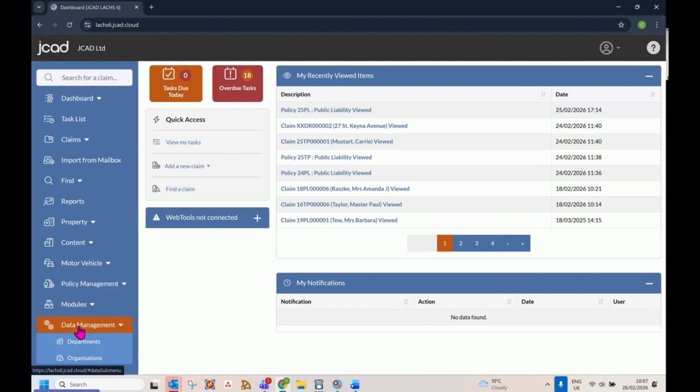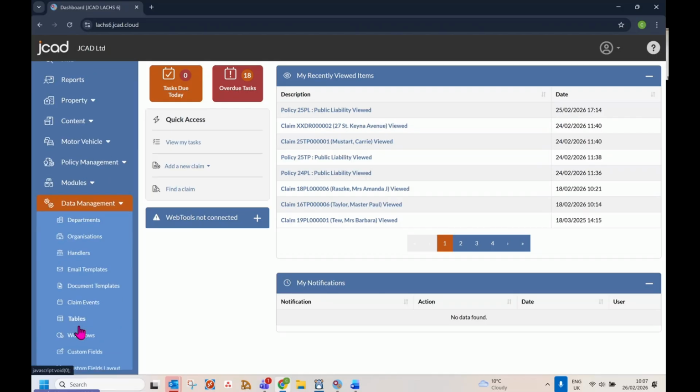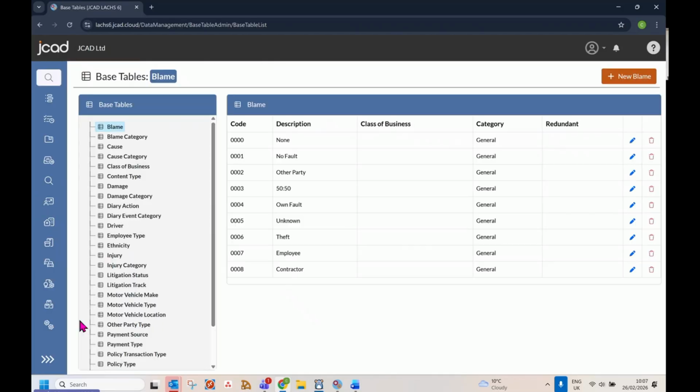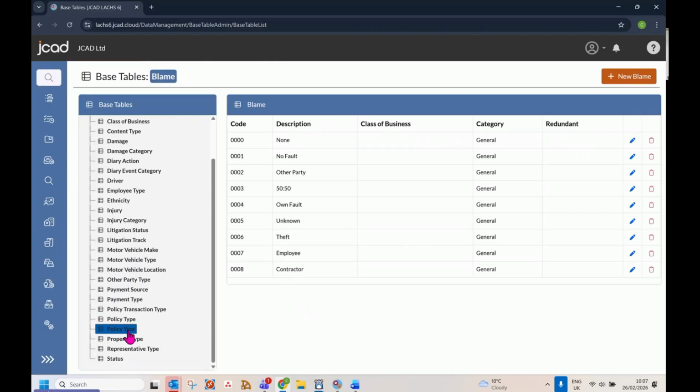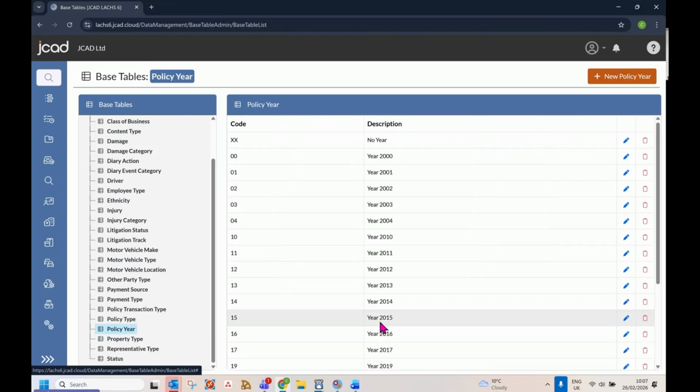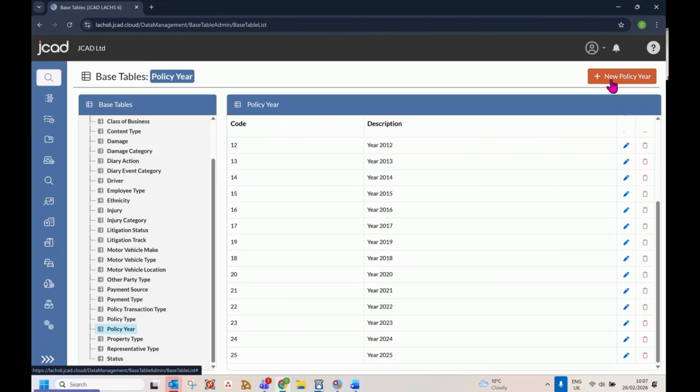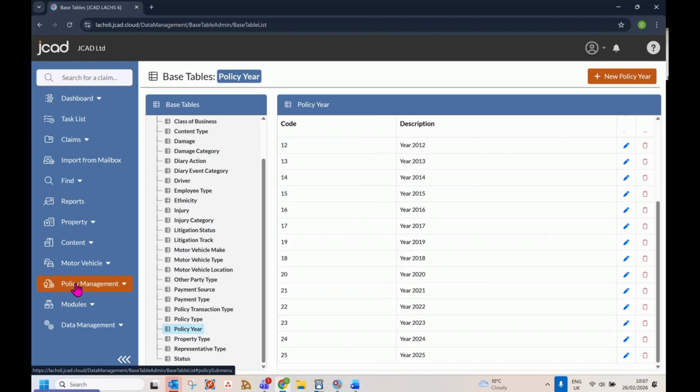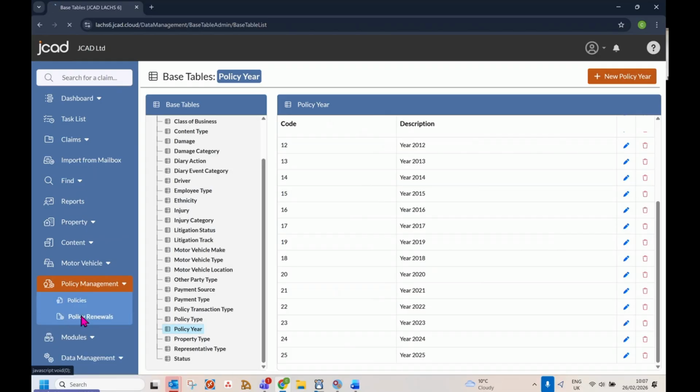There's data management on the bottom left, and we scroll down to tables, and then we have our policy year here. So you can go and add in a new policy year here if you want to, but we don't need to anymore because it's had a bit of a switch around. So if I now click into policy management and go to policy renewals,